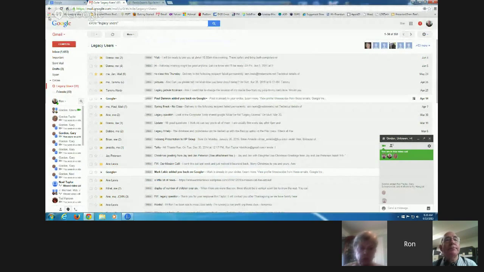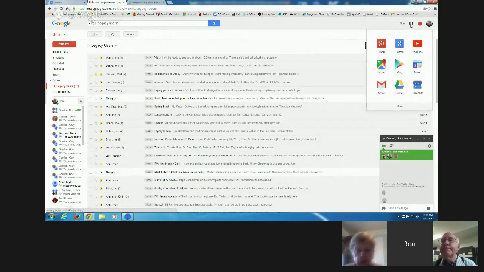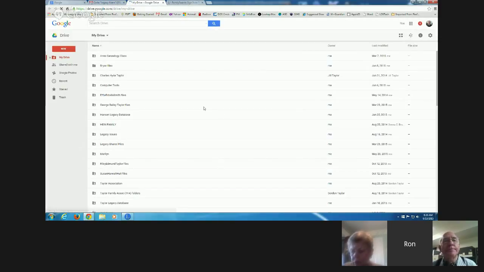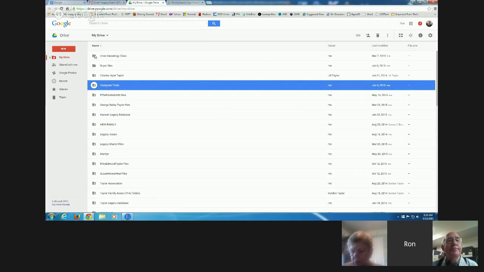Okay, in Gmail, there's two places. Right in the top left corner, there's a button called Apps. Has 9 little squares next to it. And down over here on the right-hand side, there's also those 9 squares. Both of them do the same thing. So I'm going to click on that, go to Google Drive, and under Google Drive, here's the Computer Tools folder. Can you see the icons for folders? There's quite a few of them here.